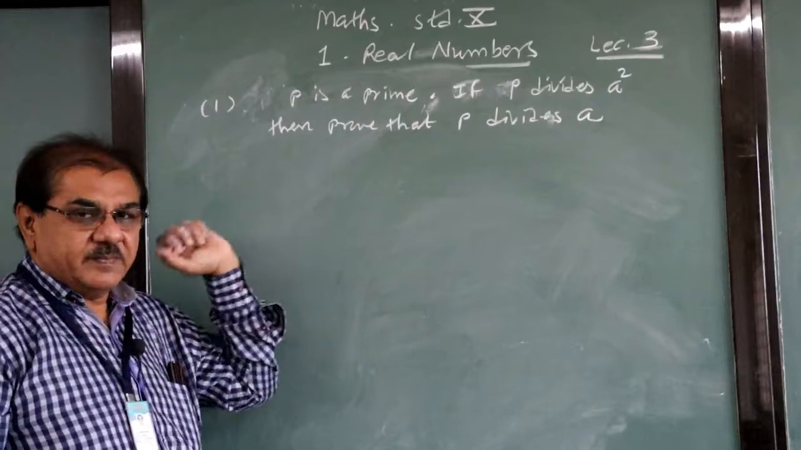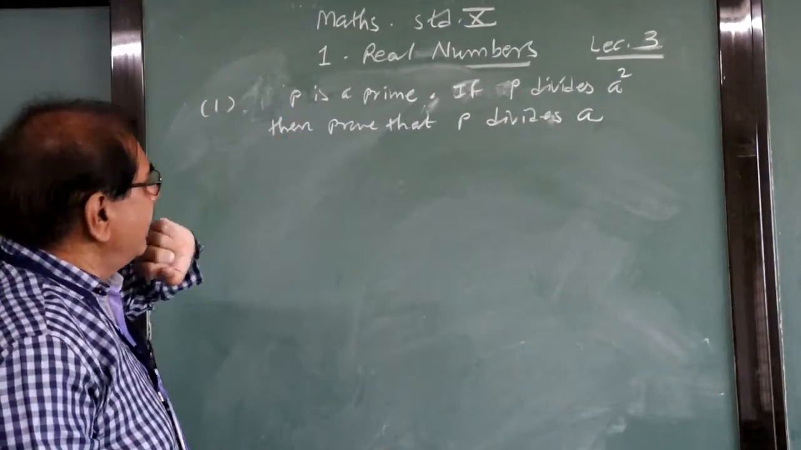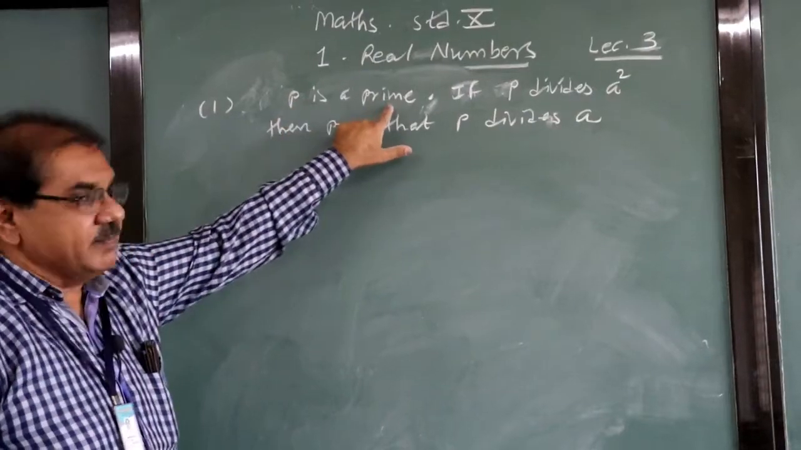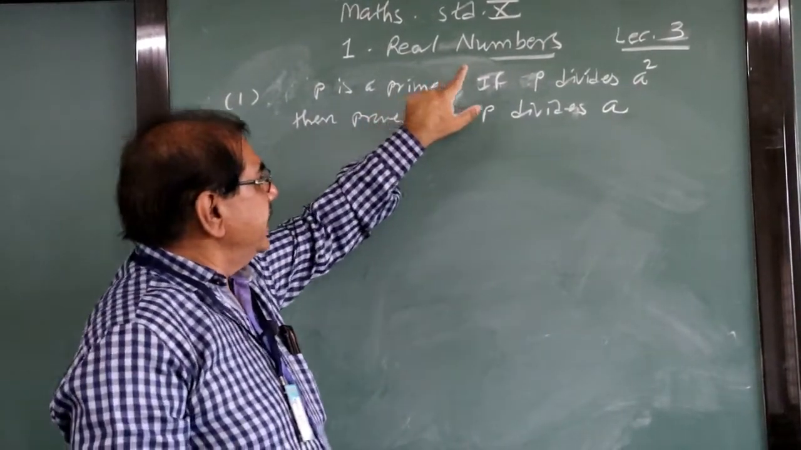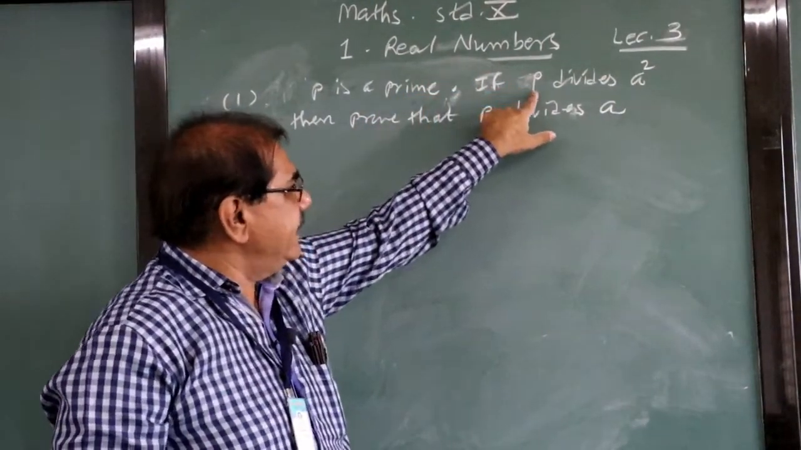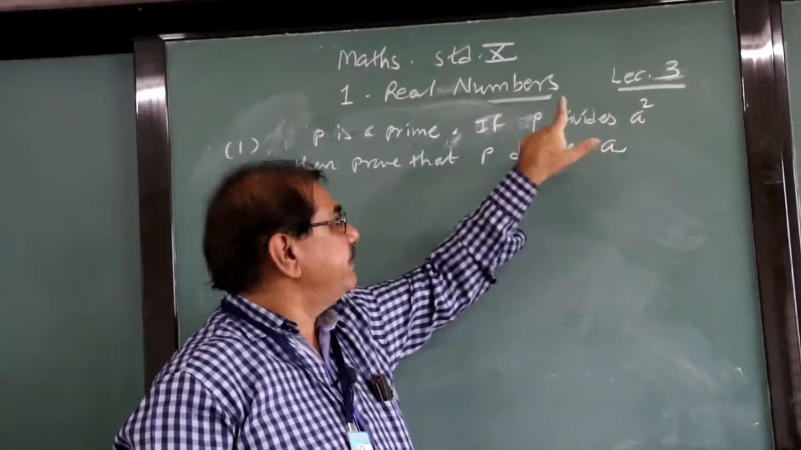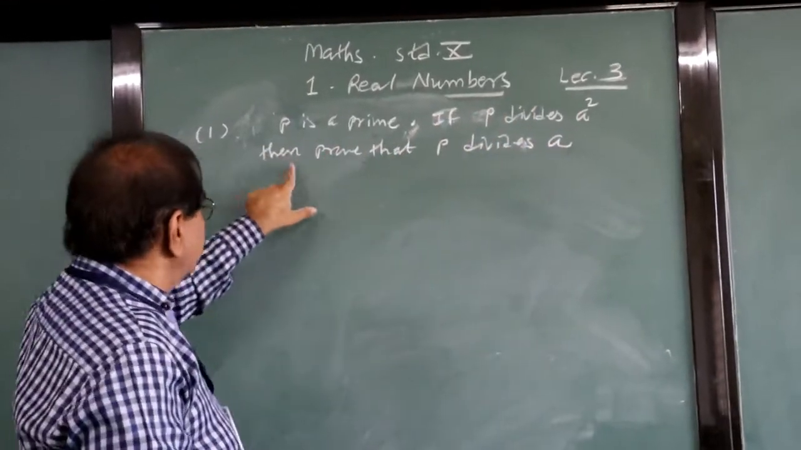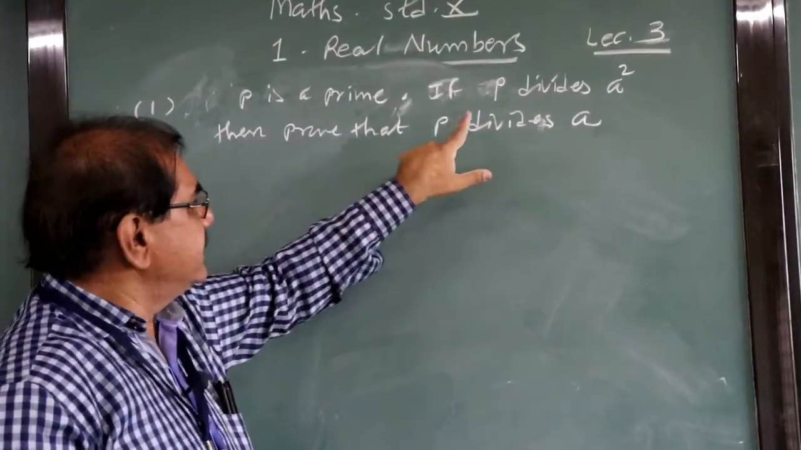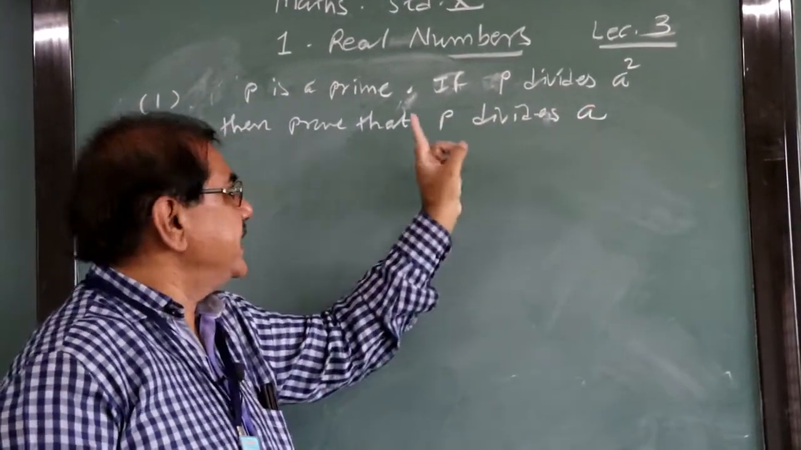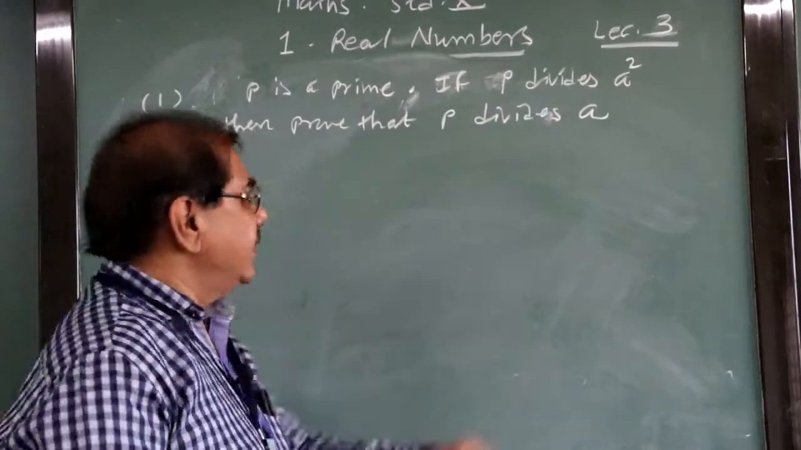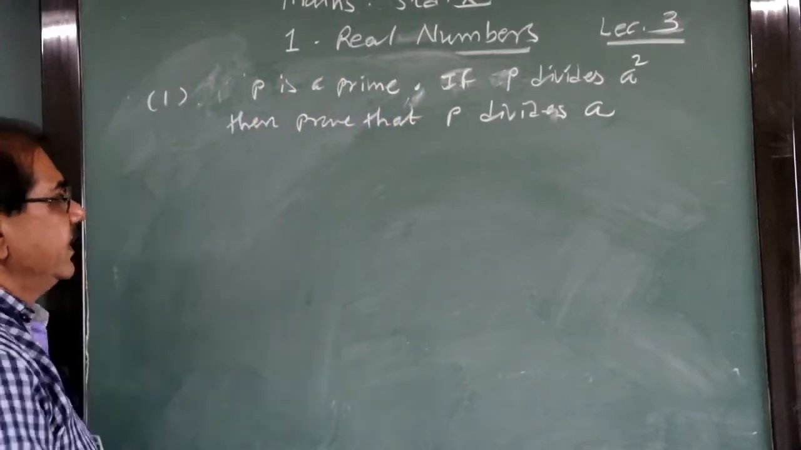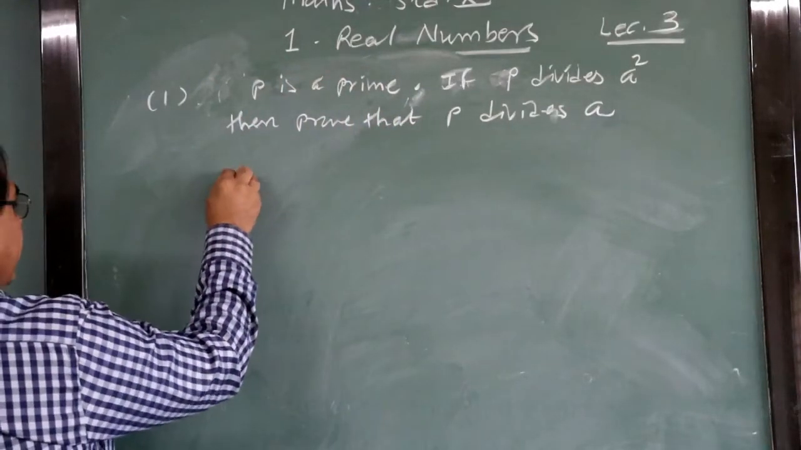Now we go ahead in this chapter and we have one question here. P is a prime number, it is given. If this P divides A square, means P is a factor of A square, then prove that P is also a factor of A, that is P divides A. This is your question. Okay? And P is a prime number, that we know. So first of all, we suppose